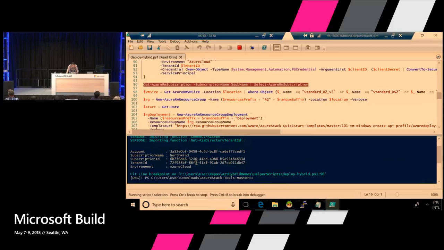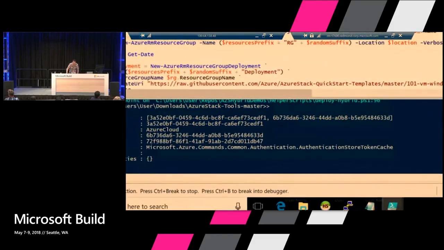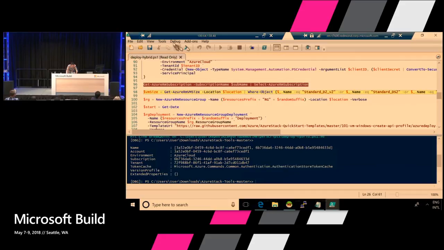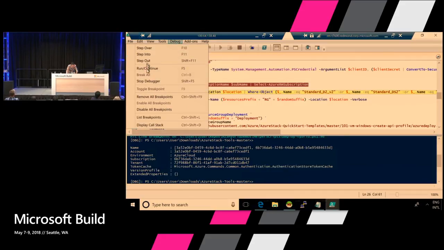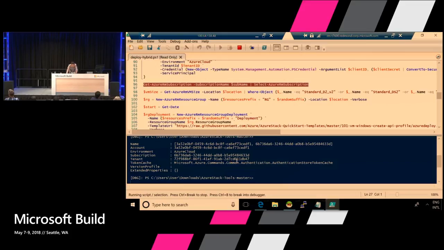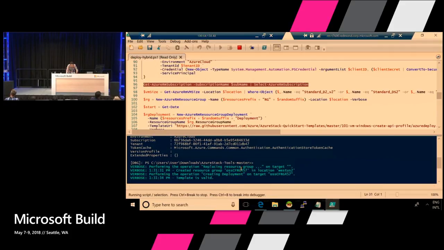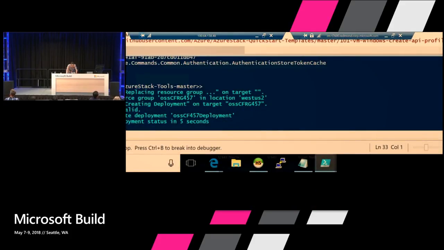And you can see that my environment now is Azure Cloud. And I have a subscription ID, the same constructs that I had on the prior call. But guess what? The endpoints are different. Now my PowerShell environment is pointing to the public Azure. So the deployment is happening in Azure with the same template. So with that said, I would just go ahead and continue running this. And it will create a new resource group. The resource group is 457, right?